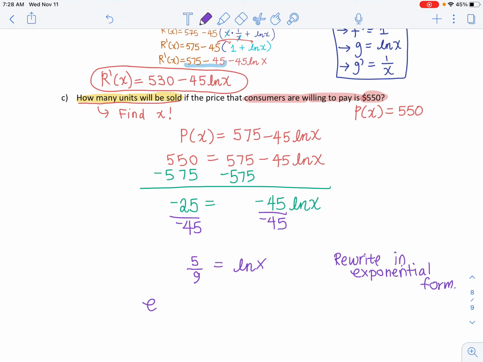Okay, he stopped. All right, so e raised to the 5 over 9 is equal to x. Why? Because when they say natural log of x equals 5 over 9,